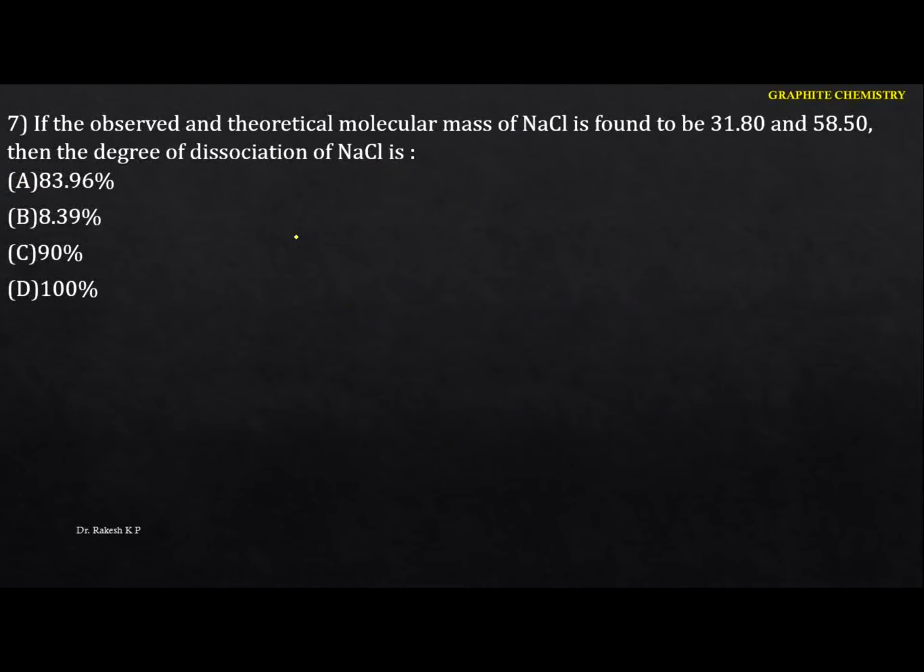If the observed and theoretical molar mass of sodium chloride is found to be 31.80 and 58.50, then find the degree of dissociation of sodium chloride. Okay, so see this one here. We know they're given the observed and theoretical molar mass. We know one of the equations of the Van 't Hoff factor. The Van 't Hoff factor is nothing but the ratio of normal molar mass